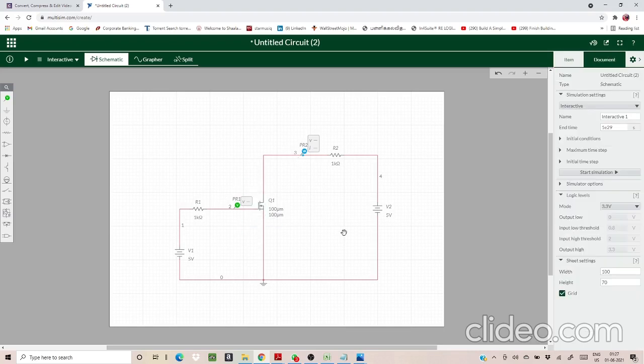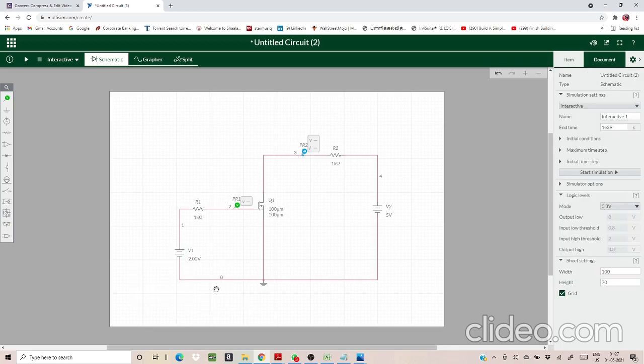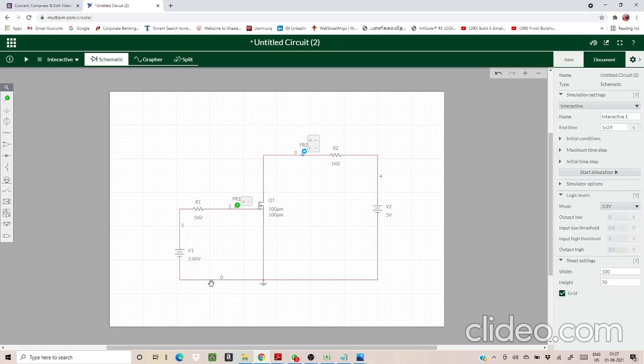Now let us set the VGS first. I'm going to set it to 2 now. This is constant. You're not going to change this value. So just press here and go to this value. If you just click here, you can find this setting, where you can adjust the values. Just push this closer to 2 volt, and just leave it. So you have set your VGS now.